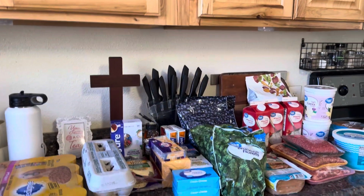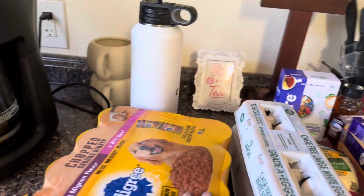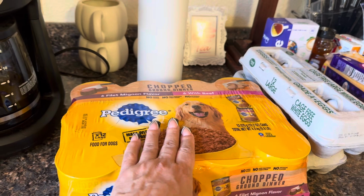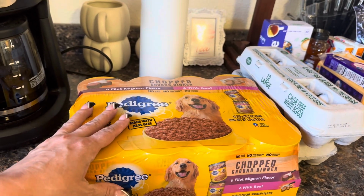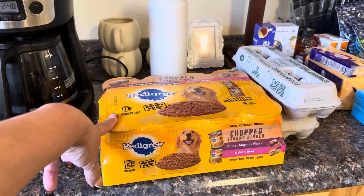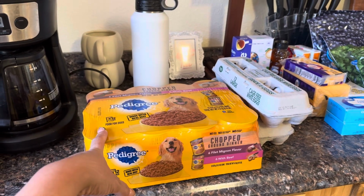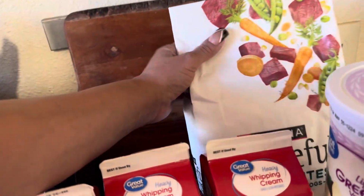Now, let me show you what I got. Let's see. Once a week, I get the dogs their dog food. I haven't been able to get to Sam's, so I grabbed this for 20 bucks. It's probably cheaper buying it at Sam's at 50 cans, I think, or 52. So they usually eat this. And then